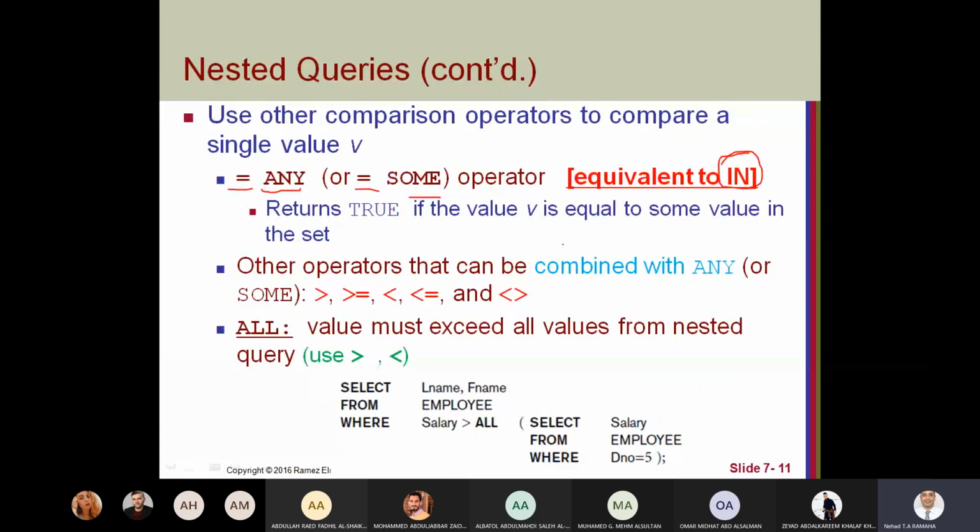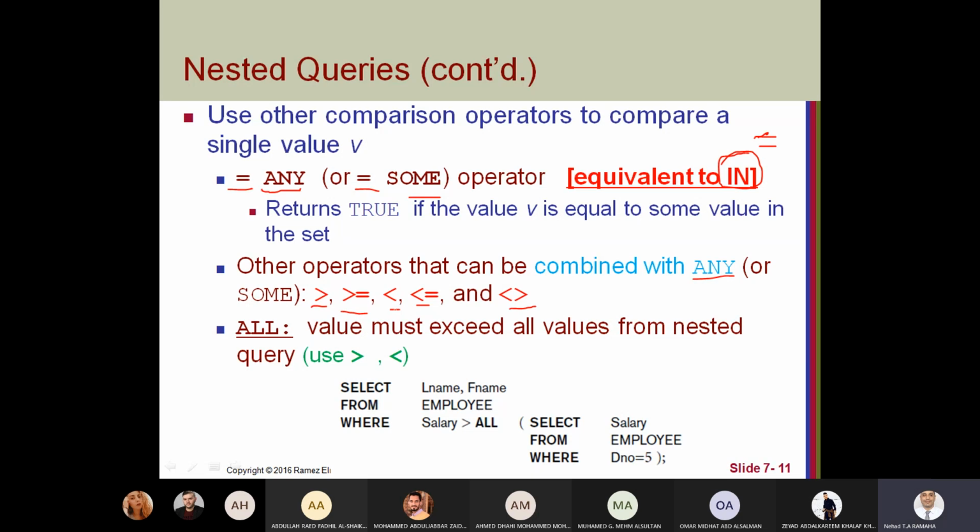But you can use different comparisons for any and for some, like more than or equal, less than. It will give you, of course, a different result. IN means only equal, but here we have different types of comparison.